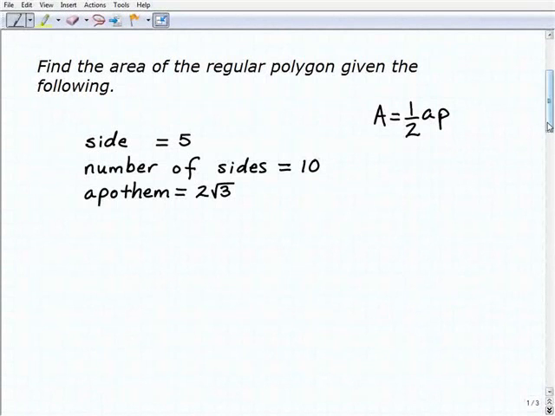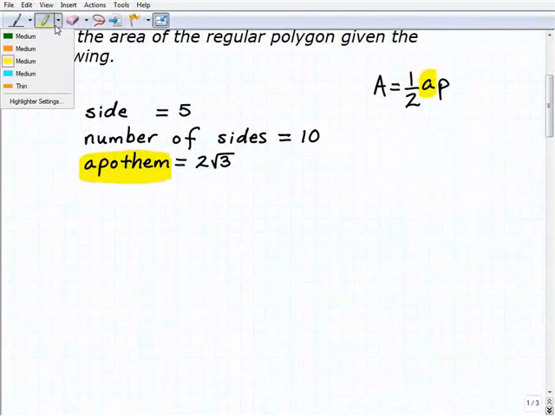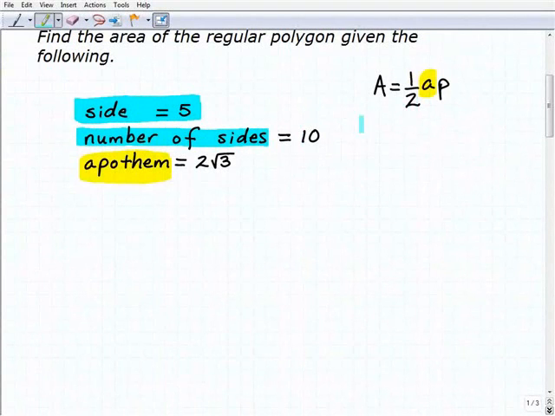Okay, but you can see here that we have enough information to find the apothem and the perimeter. Well obviously the apothem is given to us, but there's other pieces of information, the length of the sides and the number of sides, that's enough information for us to find the perimeter. So if you didn't quite figure that out,